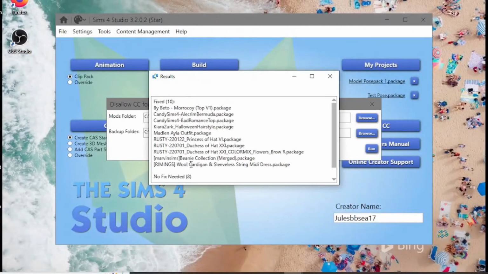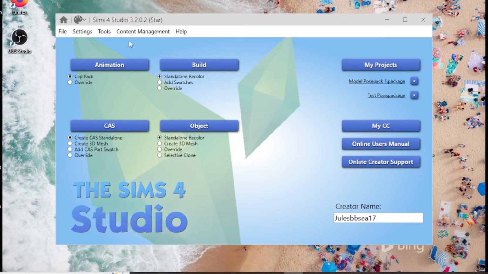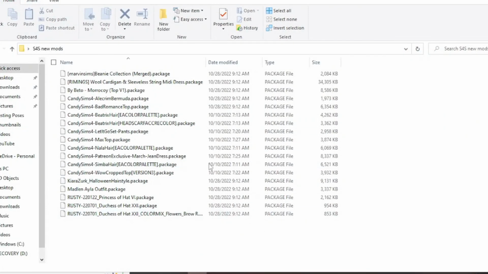It automatically takes you to the backup folder. I always just close it because this is what I am interested in seeing. It fixed 10 of the things in that folder. No fix needed, 8. So 8 things were already disabled for random by the CC creator. So I can close that, close that. Okay, and that is it. So what I'll do with the package files in this folder, now that I disabled them for random, is